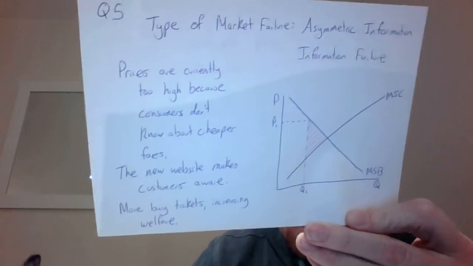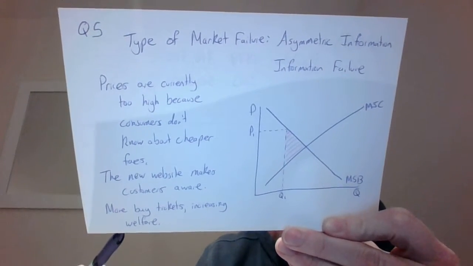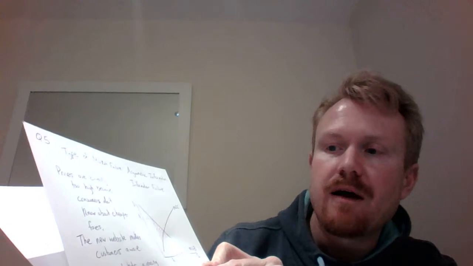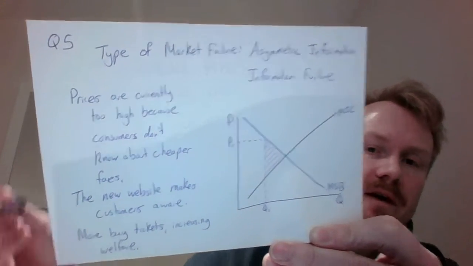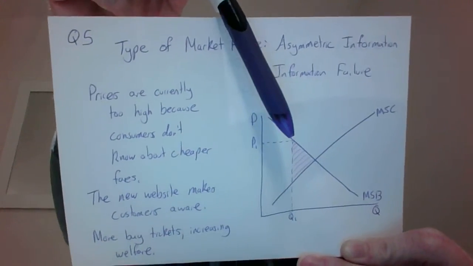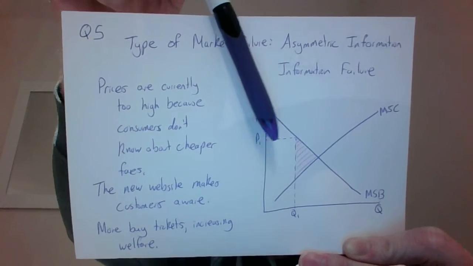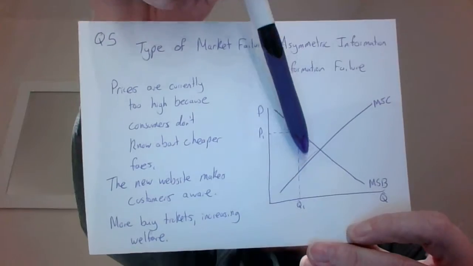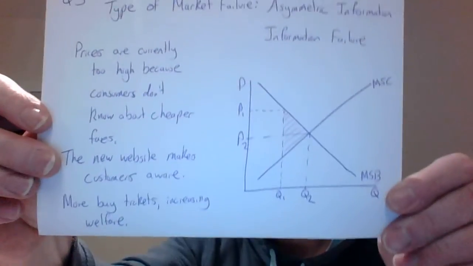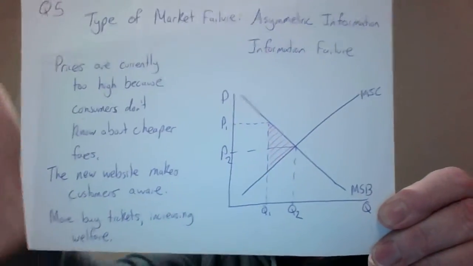The new website makes customers aware of these fares, and so that means that they're buying more tickets and increasing their welfare. So another way of explaining this in terms of the market failure is to say that before this website, there was a high price, which meant that there could have been more consumers that actually got welfare, because with the new website, the website allows the price of the tickets to come down to P2, and so that area there, which used to be deadweight loss, that pink area, you can actually say is now